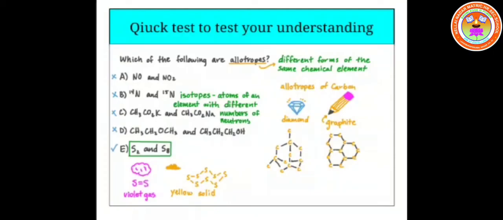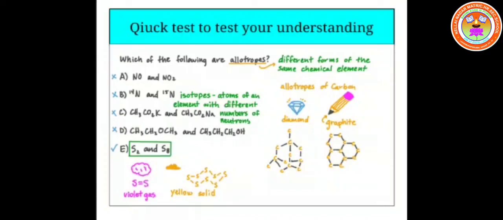You can count the number of carbon atoms. 3 carbon atoms, hydrogen 8. Am I right? 3, 5, 6, 7, 8. So three carbon atoms, 8 hydrogen atoms and 1 oxygen atom. See, both the compounds have got 3 carbon atoms, 8 hydrogen atoms and 1 oxygen atom. But they are different. One is ether, the other is alcohol. Okay, so they are functional isomers.